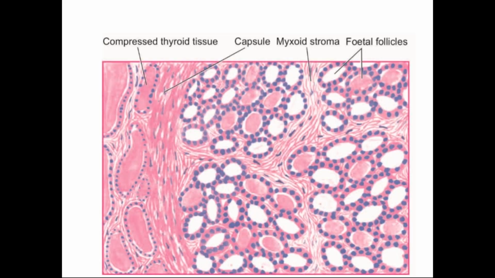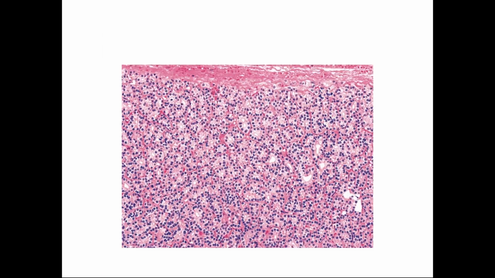So here we can see, this is the picture given in your Harshmohan textbook, and here we can see the tumor tissue showing various small follicles, otherwise known as fetal follicles. These are closely packed to each other, and is encapsulated by a fibrous capsule, and the surrounding is normal thyroid tissue. We can differentiate these follicles from those follicles because of the size as well as the colloid consistency, and this normal thyroid tissue is compressed. So these follicles are separated by a myxoid stroma. This is the original H and E picture.